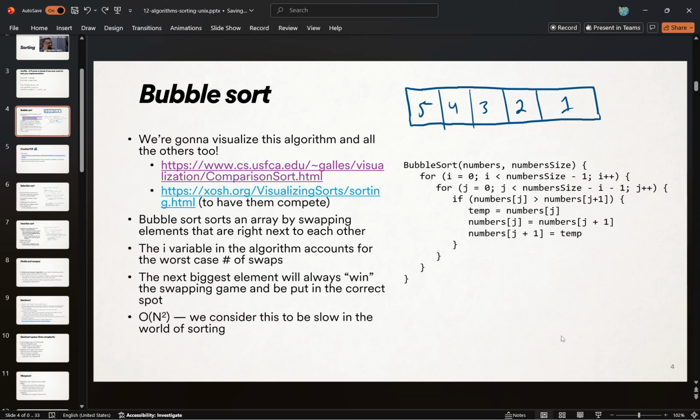All right, so that's what it takes. It takes a vector or an array called numbers, and also its size. If it's an array, you need to pass that, right? And then it's a doubly nested loop, and essentially what it does is if it sees that the numbers that